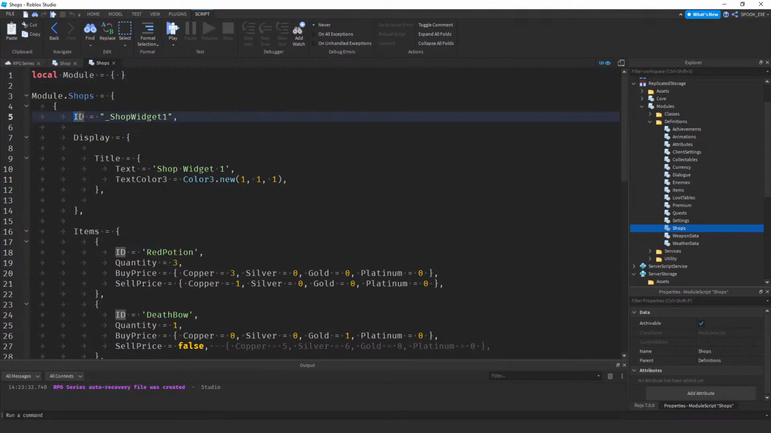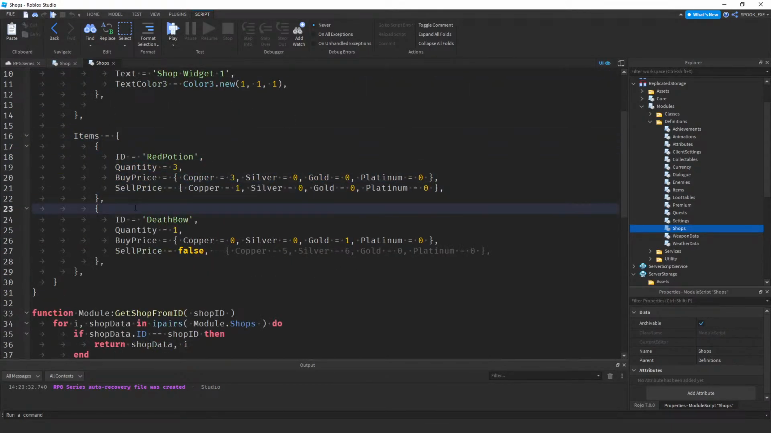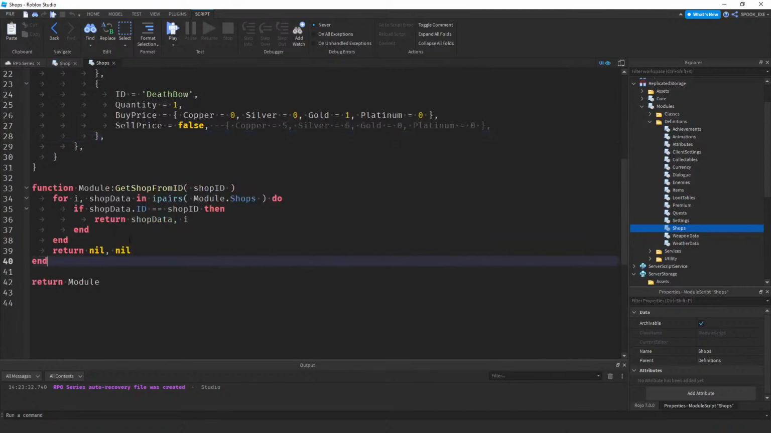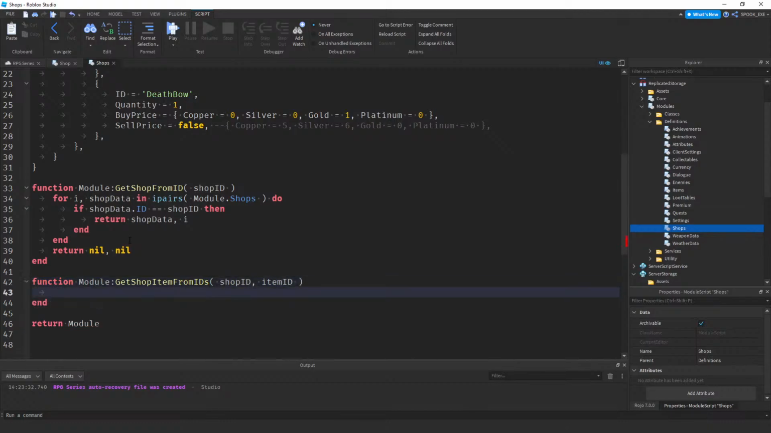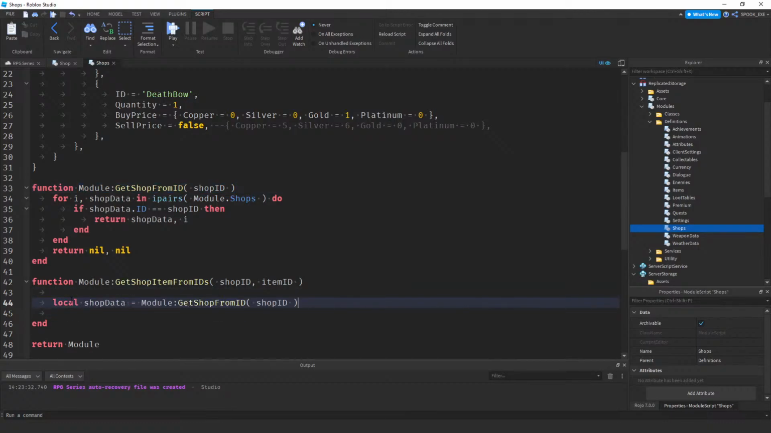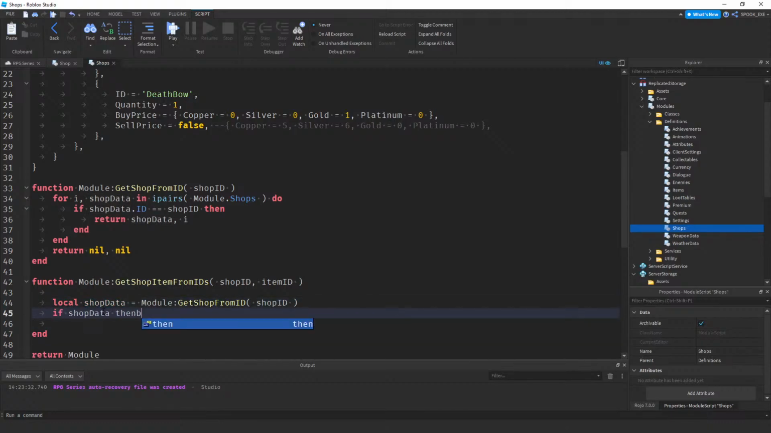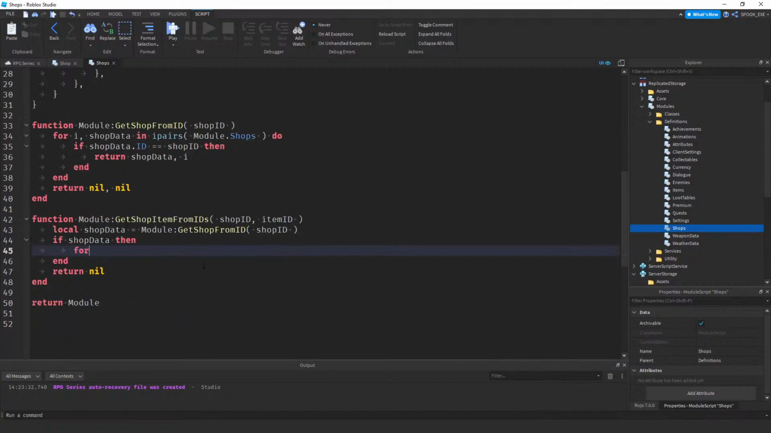Okay, so we do have a shop ID. We can find that one, look in the items, look for that certain item. So here I'm just gonna make a new thing, get shop item from IDs, shop ID, item ID. So local shop data. And then I want to say if shop data then